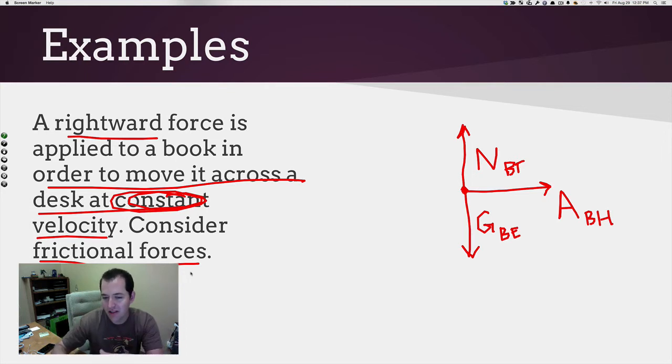You go to push something across the table, the friction is going to be pushing the other direction. Okay, friction doesn't push unless there is some motion happening or some force that's trying to create some motion. So in this case, we're going to have an equal force in the opposite direction,